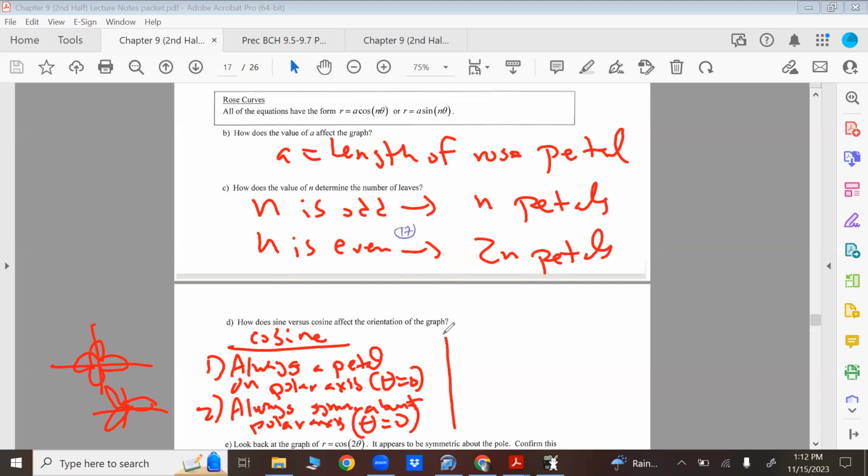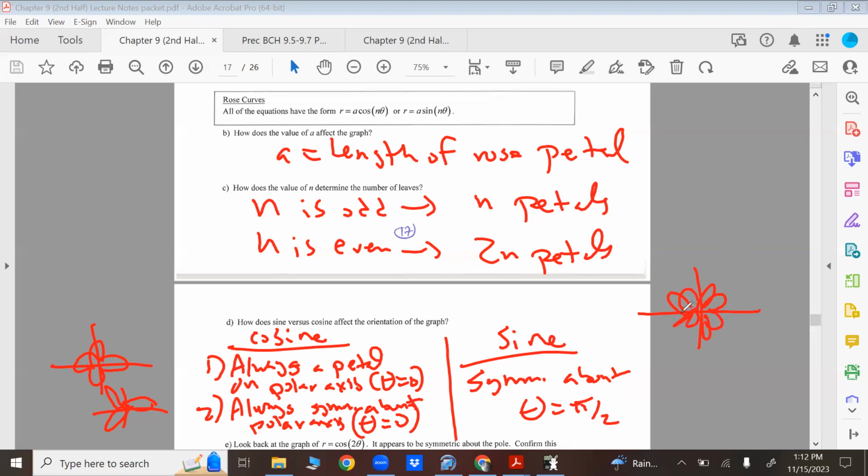But guaranteed, cosines will always be symmetric about that. Now sine. The one thing we can really say about that is it's symmetric about theta equals pi over 2. So remember we had this here. It's really messy, sorry. Or this one, we had that. That's a little better. I kind of messed up this one pretty badly. But you get the point, right? So that's what's happening with that one. And then we're almost done talking about rose curves. For E,